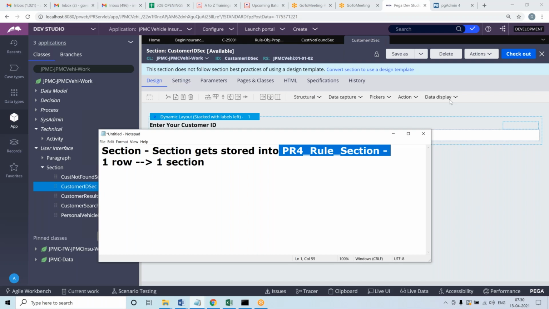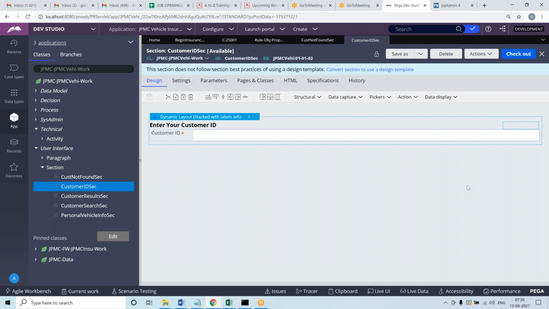So every rule that you create here, not only property, not only section, but flow action, flow, everything, the rules are going to get stored into the respective instance-class-mapped tables in the backend. It will be stored as one record. Every rule getting stored into a backend table should be uniquely identified by Process Commander.